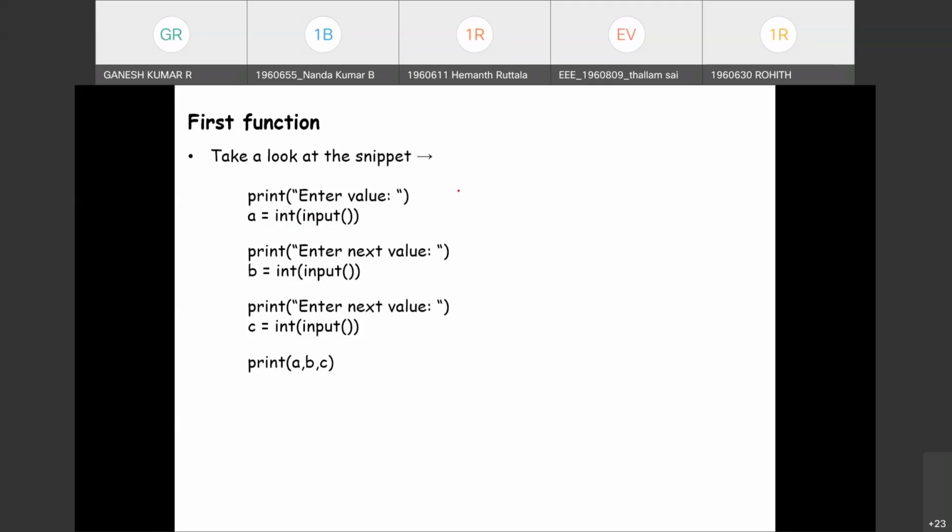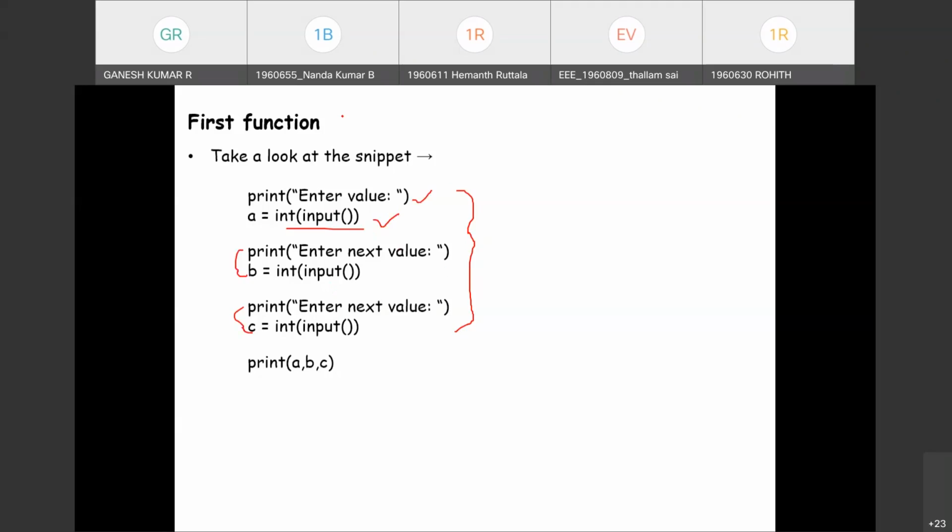So the repeated block, the sequence of instructions, could be avoided with the help of user-defined functions. The concept is the same. We are accepting a value repeatedly. In this case, the print statement and the function are almost similar. This repetition of the same kind of actions could be avoided with the help of functions.